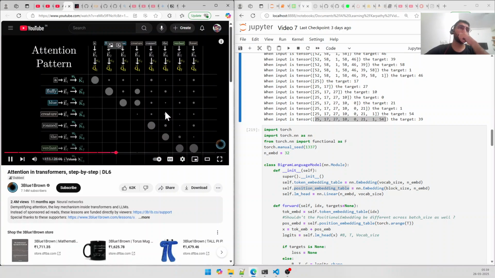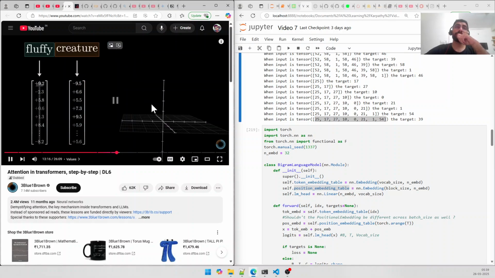Okay, great. Computing this pattern lets the model deduce which words are relevant to which other words. Now you need to